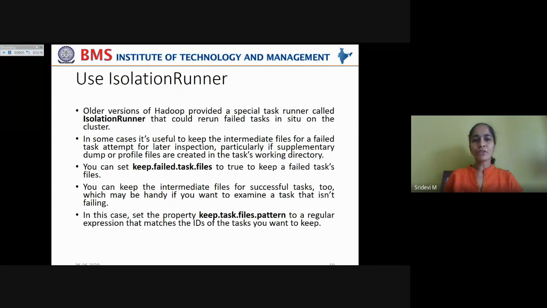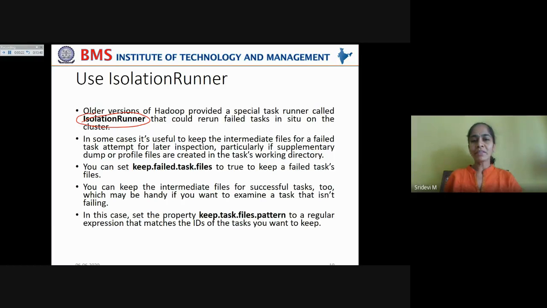Now another option is to use the isolation runner. Older versions of Hadoop provided a special task runner called the IsolationRunner that could rerun failed tasks in situ on the cluster. So it can try to rerun the failed task and see whether the same type of error occurs again and again.